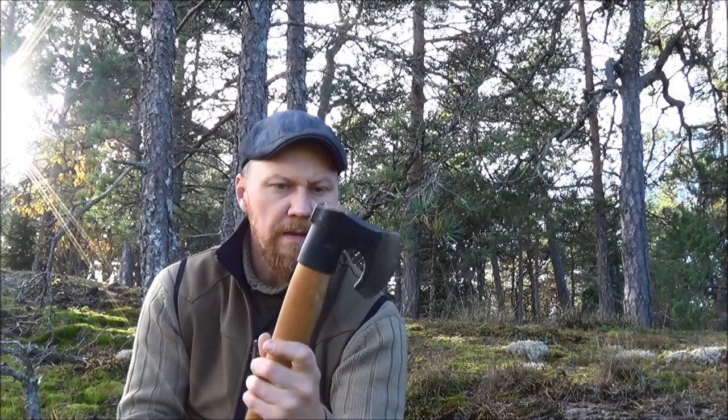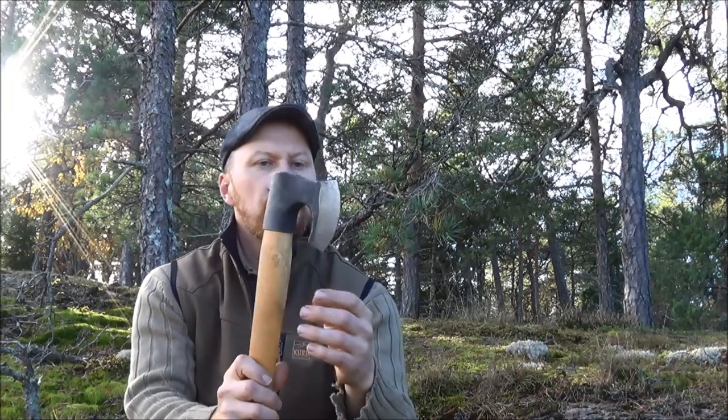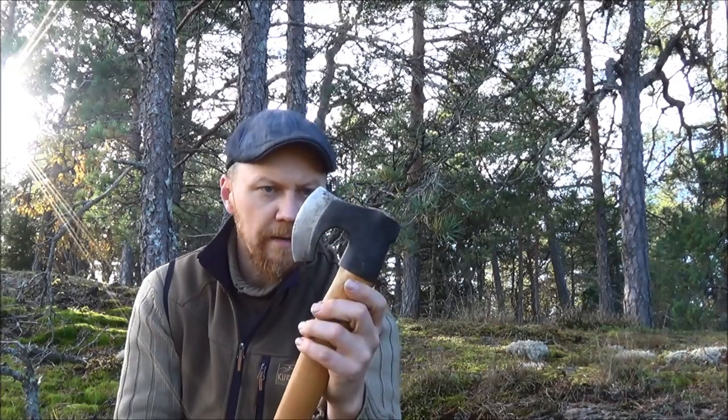Well, I do have some issues with longevity, as this axe is priced a bit over 100 euros currently. Then you would in a way expect the axe to have a long lifespan, and this is undoubtedly good steel. No, it won't wear too much, but eventually you'll still have to sharpen the axe, and when you sharpen the axe you'll be reducing the blade back a bit. And I would like to know at what point do we reach a critical level with the blade reduction,